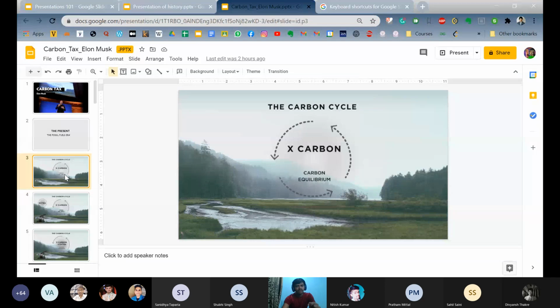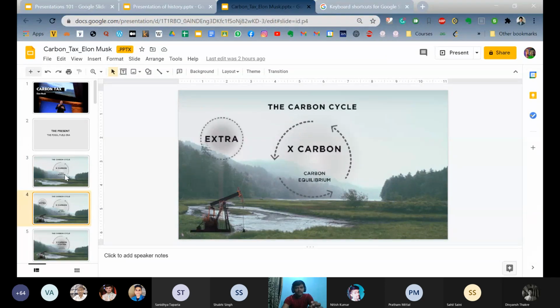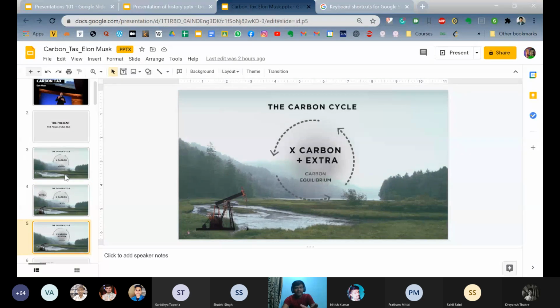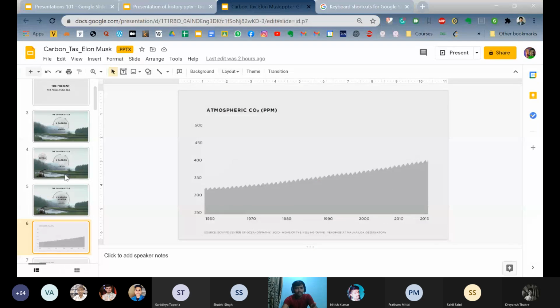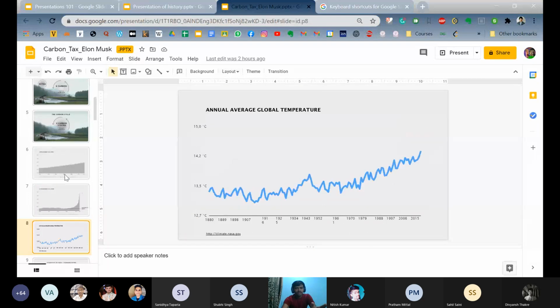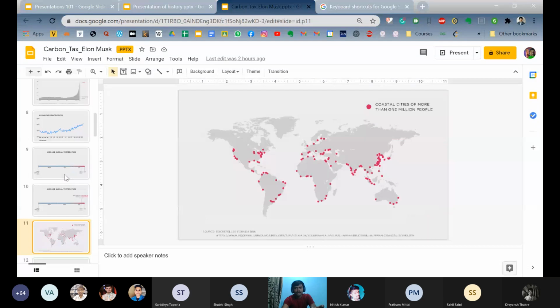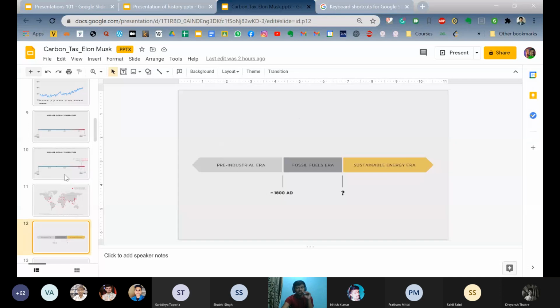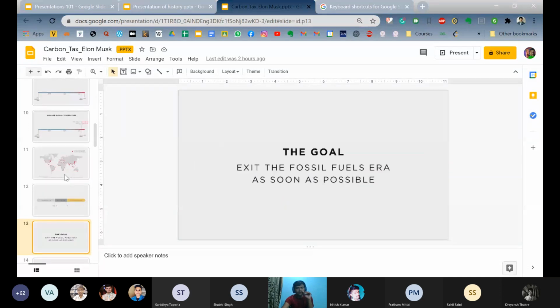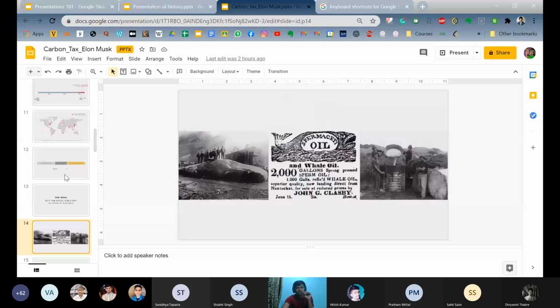You can see that instead of explaining a certain thing, he used 3 slides to show how the extra is adding up and it is being seen as the same thing. And he used a lot of graphs, a lot of data here to make his point. When you are just speaking something, there won't be much weight on it. Whereas if you put data, if you show some graphs, it becomes a lot more authentic, and there would be a lot more weight to your word.